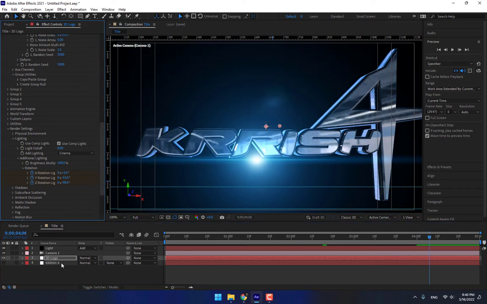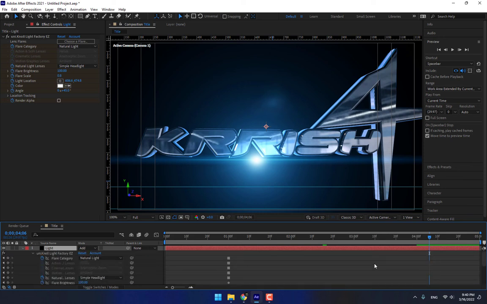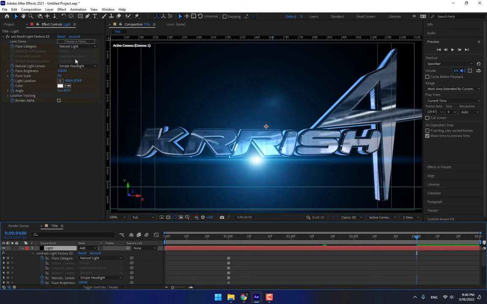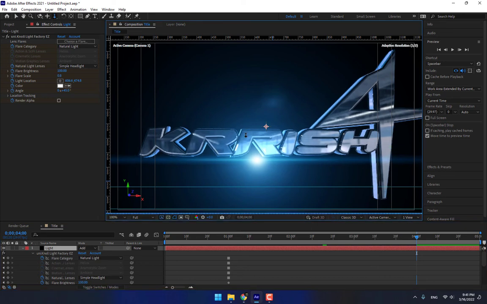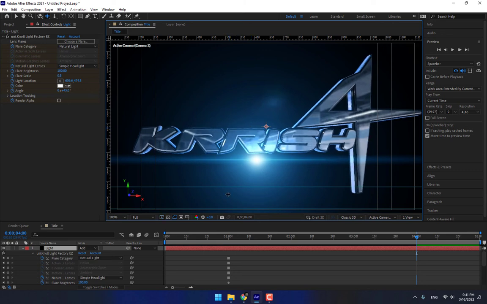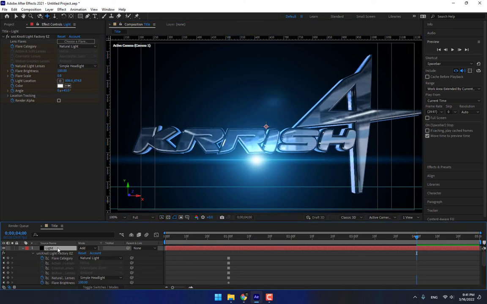That is good. And change your camera position first, zoom out and move it to center, and select the light,